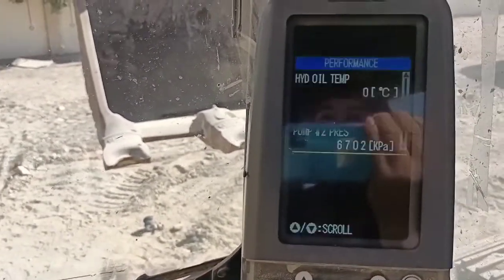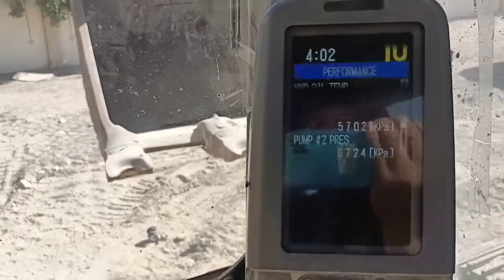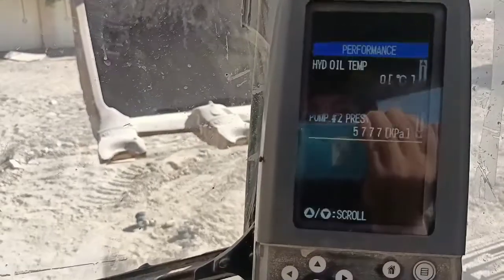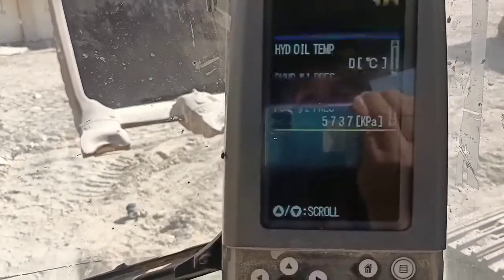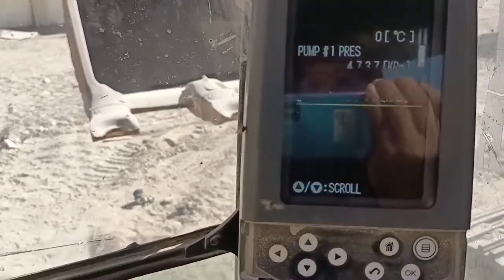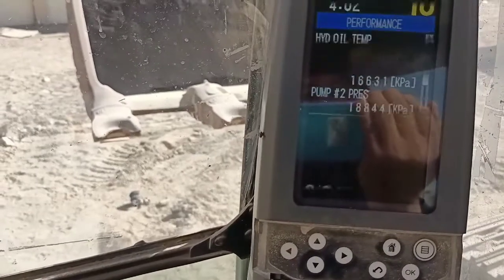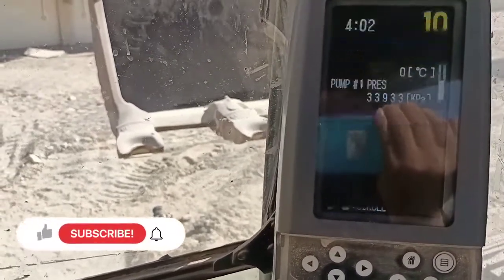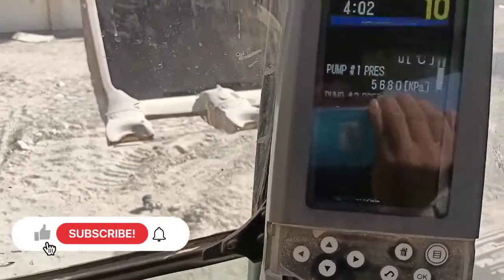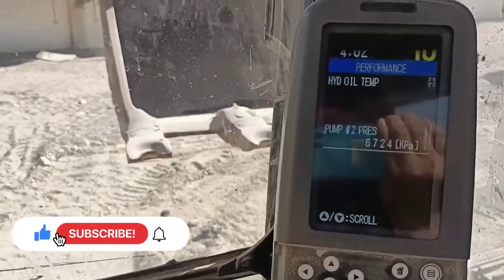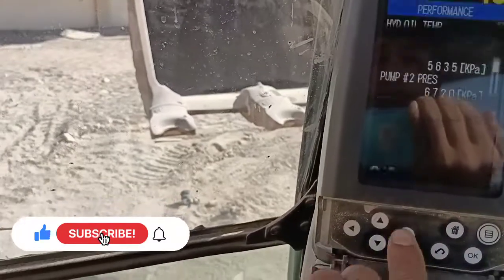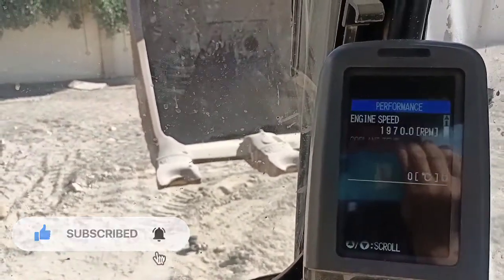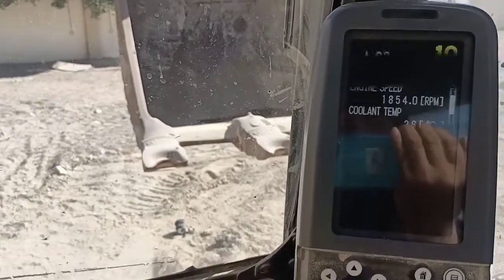Sometimes the pressure sensor is not reading the pressure accurately. So now you have observed that the hydraulic pressure and the engine power are good, because the hydraulic pressure is reaching a normal high pressure, and the RPM is not dropping lower than the